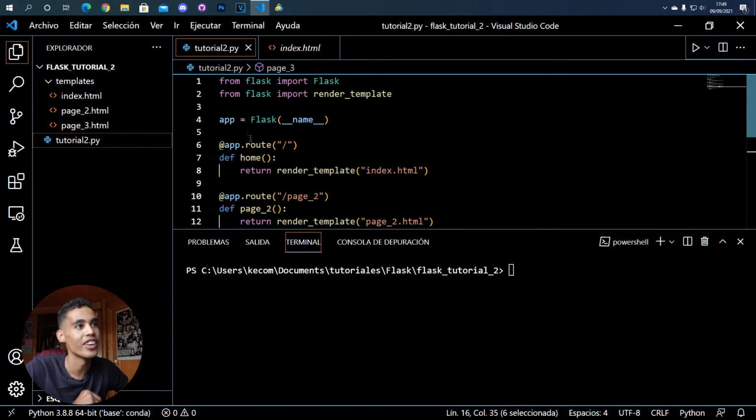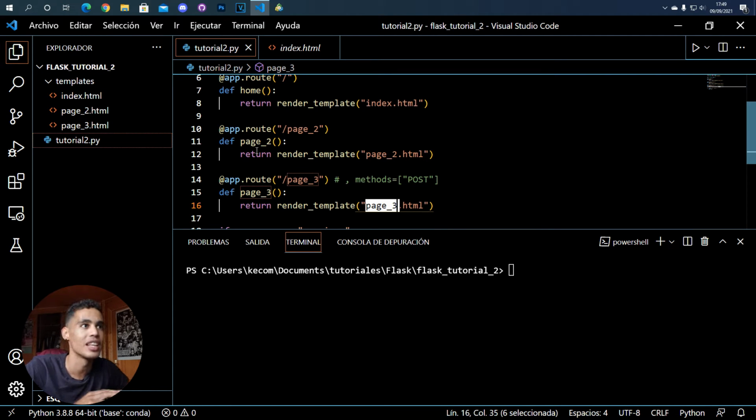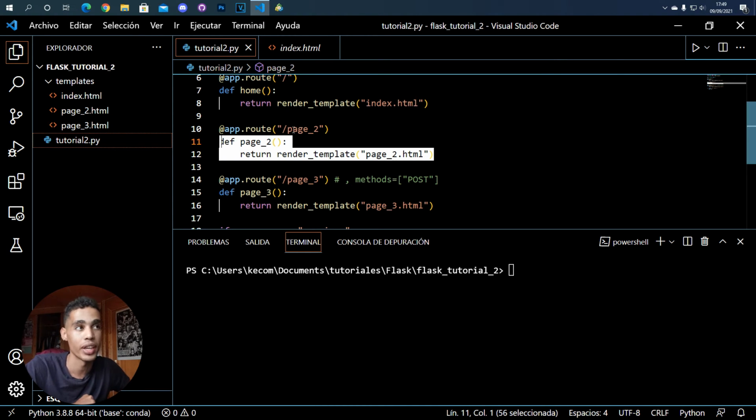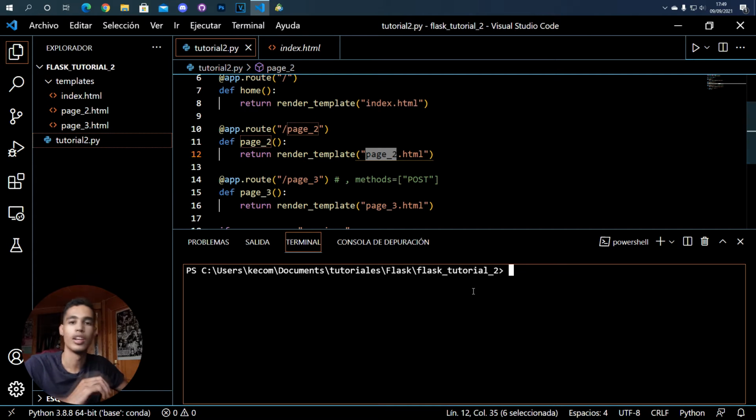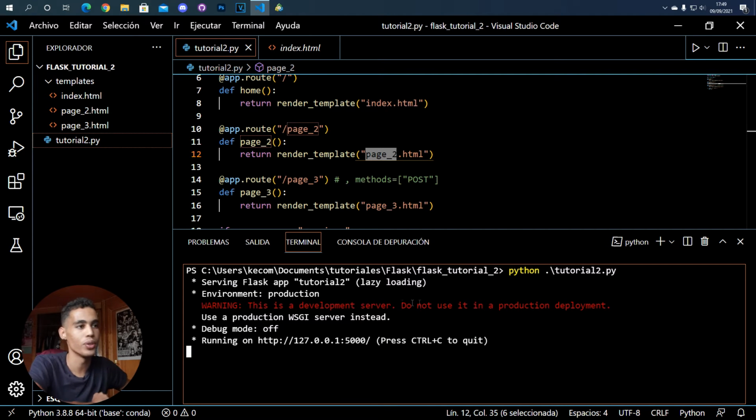So here in the server, what we have to do is say, hey, whenever we get this extension, this route, execute this function. So here we have that: whenever we have this extension, we are going to execute this function. What we do is simply render the template of the page 2 function. So let's try this. If we put here Python tutorial 2, and now we are executing,